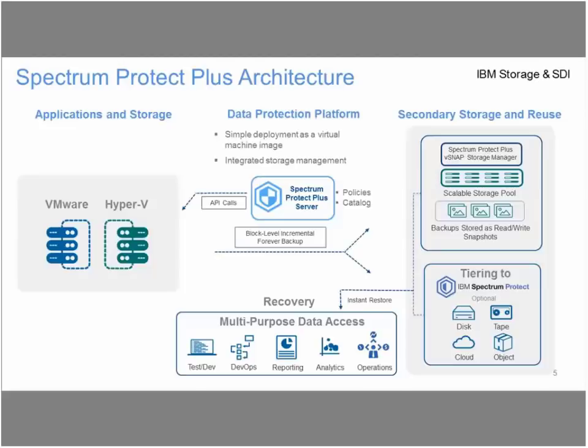And then on the right-hand side, you've got the storage, where the data is being written to. At the top, you see the VSNAP storage server, which is the storage repository that is a part of the Spectrum Protect PLUS application, as well as the ability to tier or integrate into the Spectrum Protect environment for that long-term archiving. You can recover data from either location, either the VSNAP storage appliance, the Spectrum Protect PLUS VSNAP storage appliance, or the Spectrum Protect